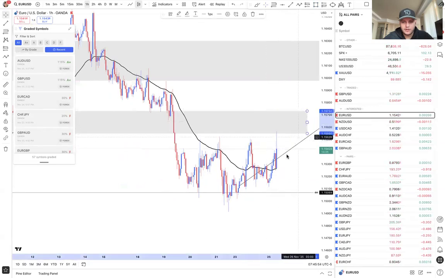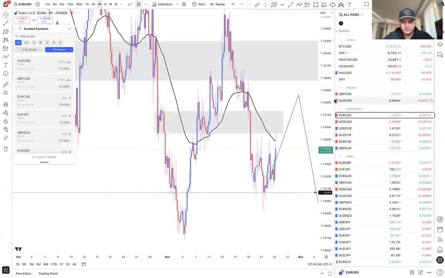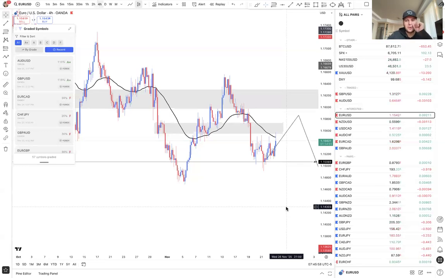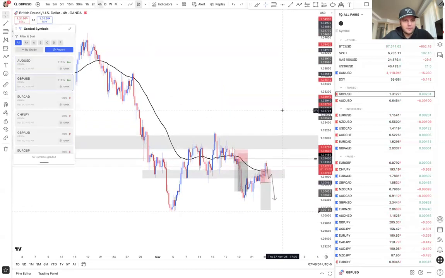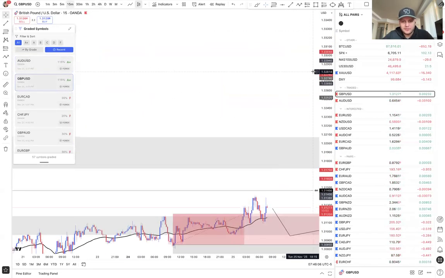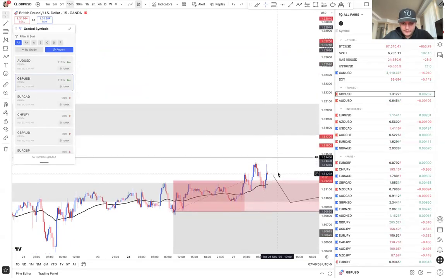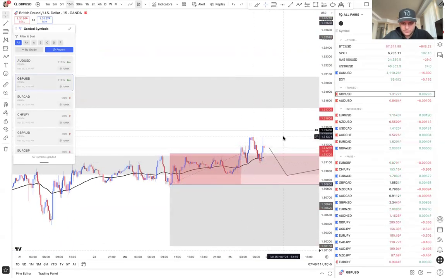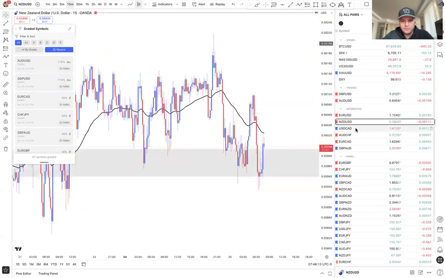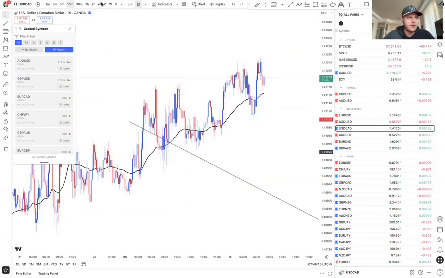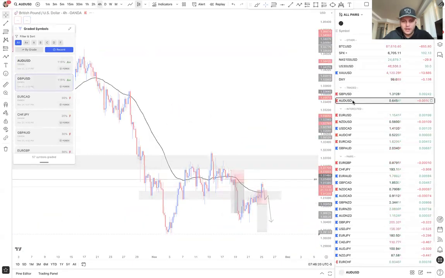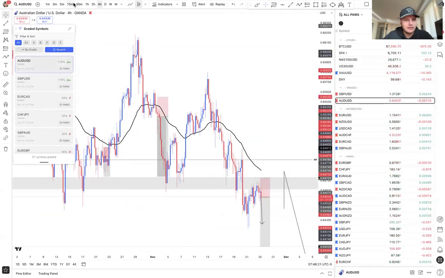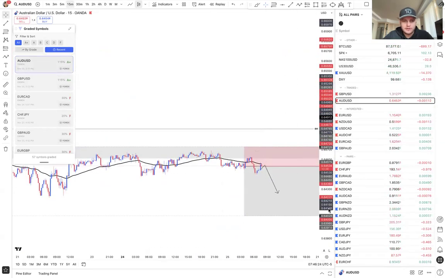We just saw a pump of buyers coming in to push this market up, but I'm not sure why they're failing to do so. Obviously, it's not what I want to see. I want to see more sellers. Right now, we're creating the head and shoulders. Yeah, anyways, we'll move on and we'll see what happens as we do our analysis. But I do expect price to actually push higher, which is not good for our AUD USD trade.